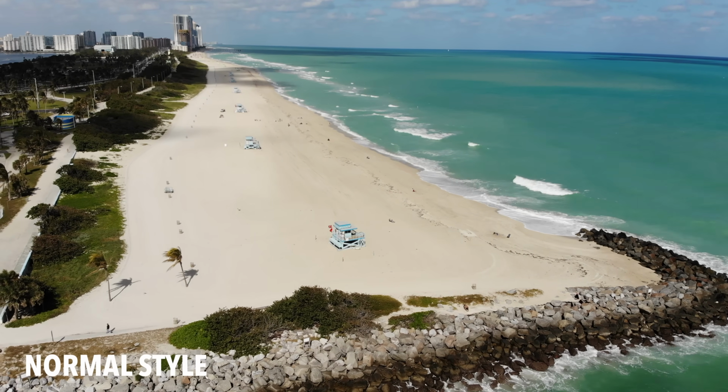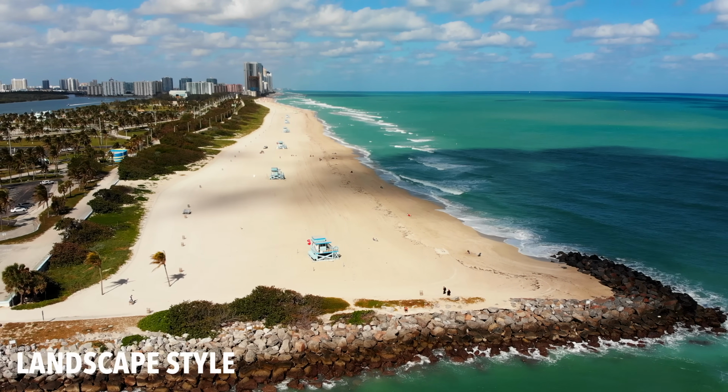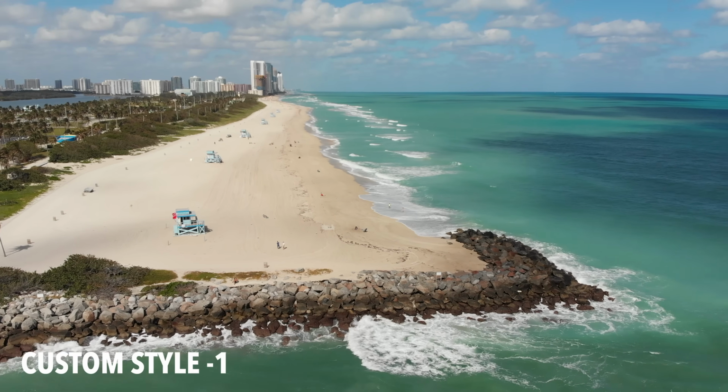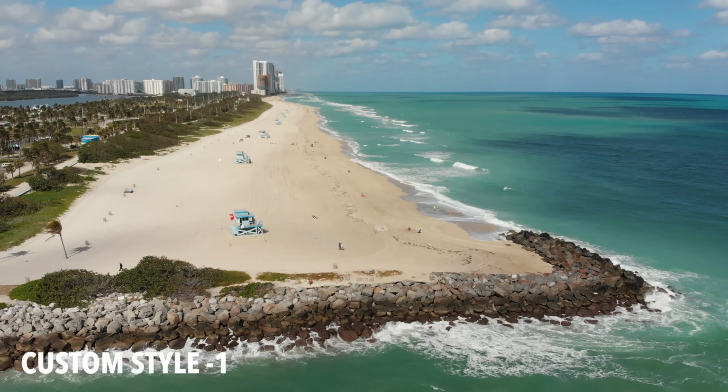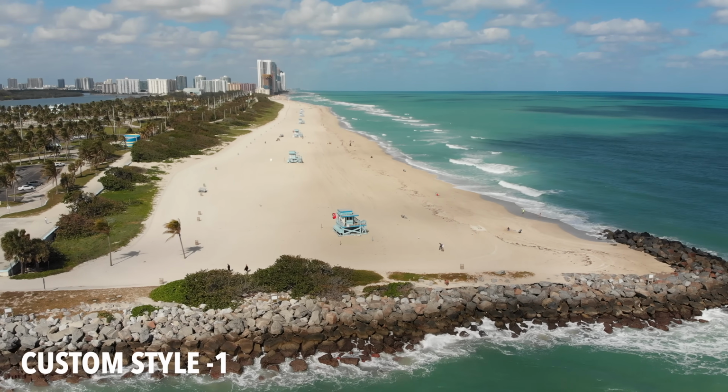Switching to the landscape style, you can see this image is more saturated and the contrast is increased. It's not a bad image, but it's not what I'm looking for. Using the custom style -1 sharpness, -1 contrast, and -1 saturation, which is my normal go-to setting for most DJI